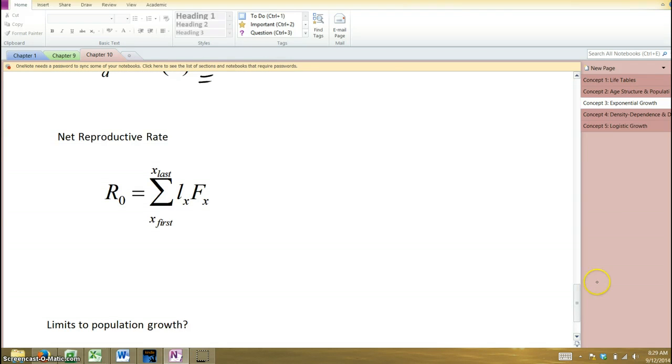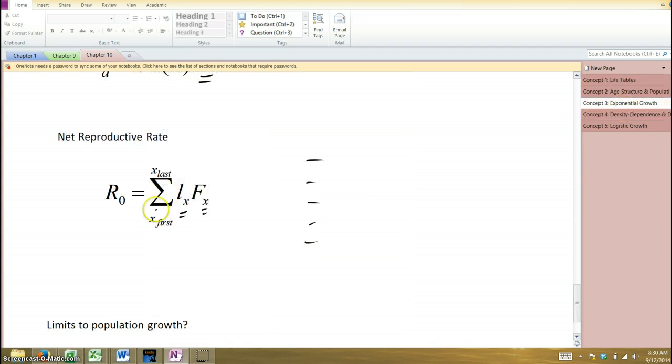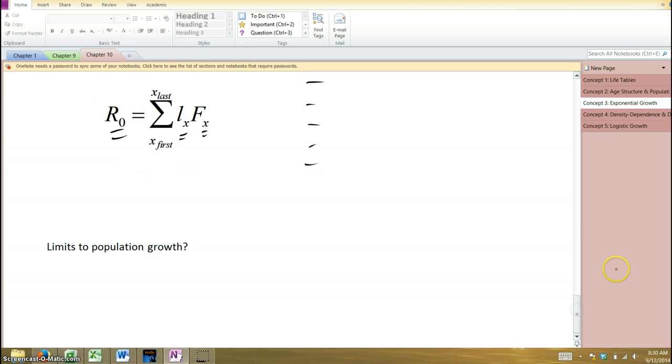And another one, we can also calculate the net reproductive rate. And you recall from life tables that these values are survivorship and fecundity. So for all stages in the life table, let's go back and look at the life table. Here we go. So you got all these different stages. Essentially, if you just multiply survivorship by fecundity at all stages, and then take the sum of those, you will get the net reproductive rate overall for that population. Okay, so